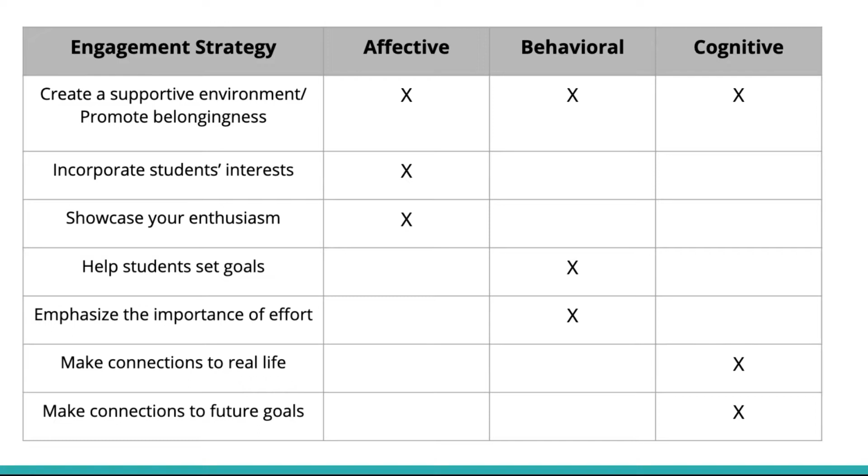And then here we provided sort of a summary chart of these engagement strategies. You can see the broad strategies on the left, with creating a supportive environment being foundational to all. And then we have the strategies with which dimension they relate most strongly to. And so again, all of these strategies will help support engagement broadly, not just the one dimension listed, but because it's usually helpful to start with one strategy rather than try to implement a bunch of new things in the middle of a semester, this table is meant to be a guide to help you select which strategy you might want to start with in order to support the dimension you wish to target.